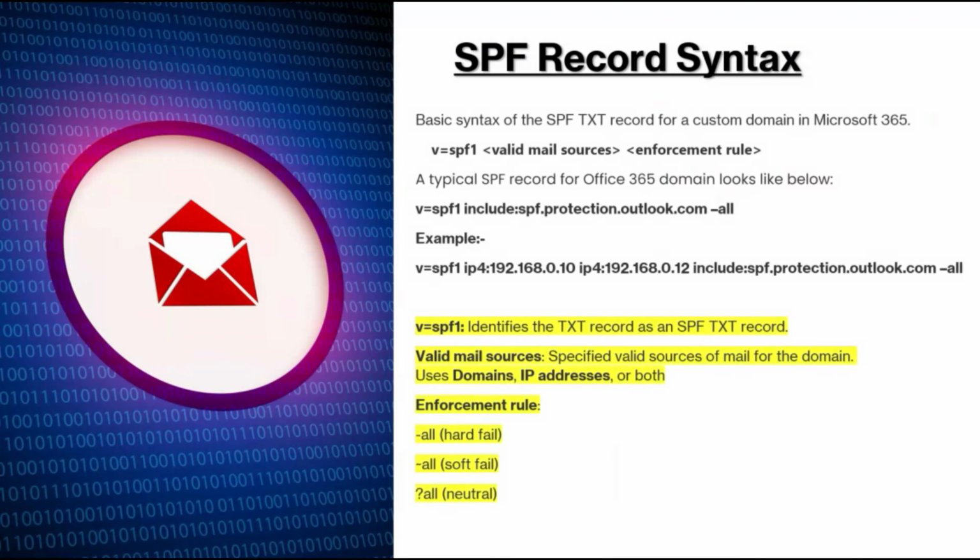Now let's take a look through the syntax of the SPF record and how to create one. So the basic syntax of the SPF TXT record for a custom domain in Microsoft 365 looks something like this. So it is v=spf1 and then we have the valid mail sources that will be sending emails on your behalf, and then we have the enforcement rule. So a typical SPF record for an Office 365 domain looks something like this, that is v=spf1 include